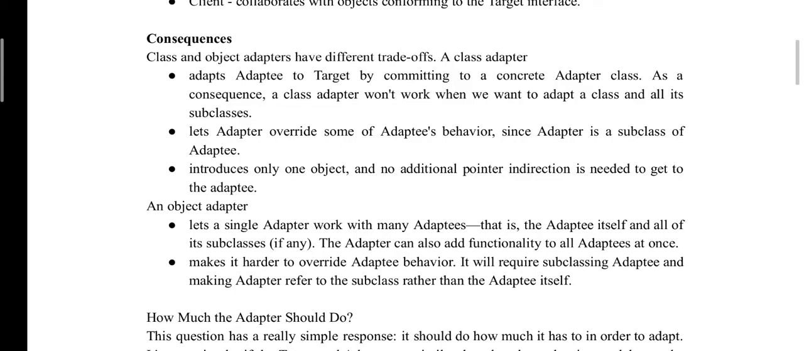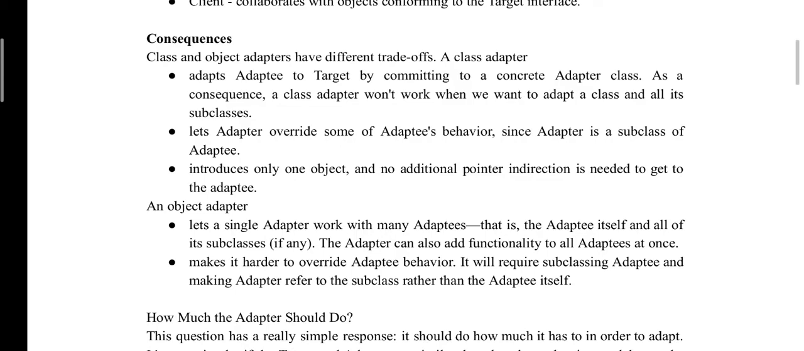Adaptive is the main class whereas adapter is the subclass. It introduces only one object and no additional pointer indirection is needed to get to the adaptive. These are the trade-offs of the class adapter, whereas the different trade-offs of the object adapter are: it lets a single